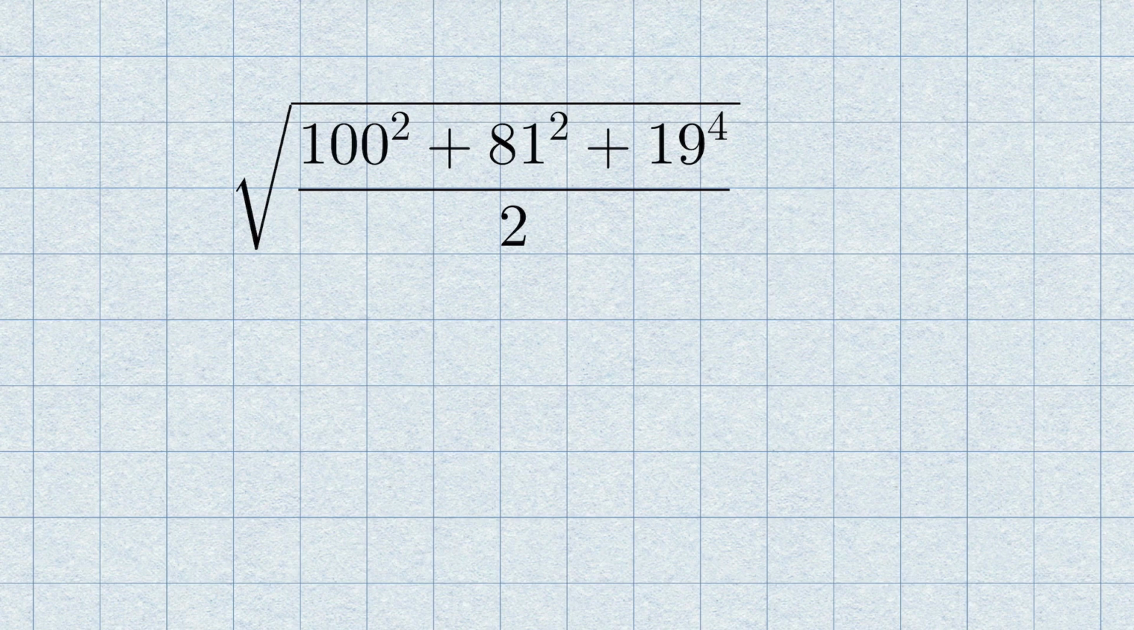100 square plus 81 square plus 19 to the power 4 upon 2 under square root. How to simplify this? Let's first deal with the numerator part here. We have 100 square, which we can write as 10 square and then whole raised to the power 2, plus 81 square as 9 square, then whole raised to the power 2, then plus 19 as 10 plus 9